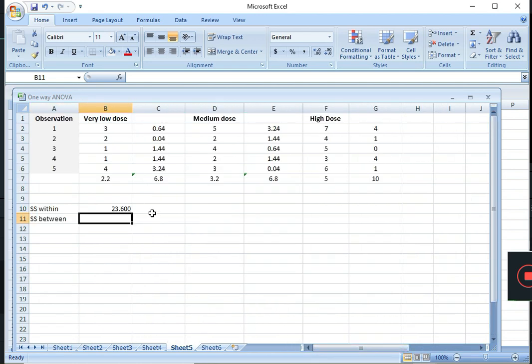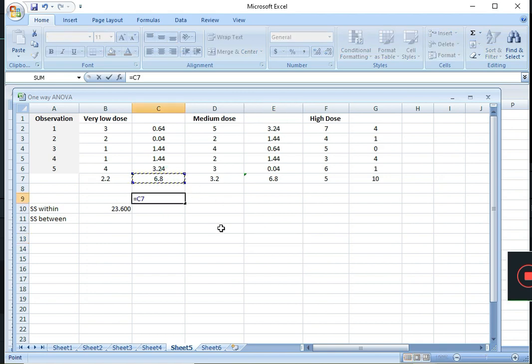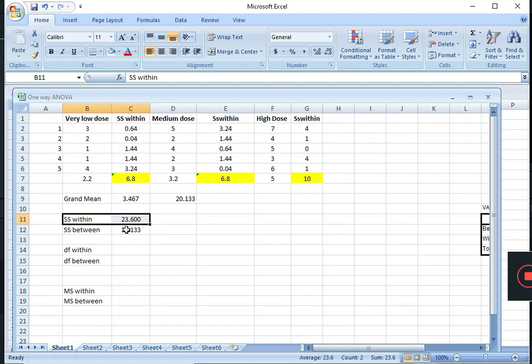So let us calculate the mean of this whole thing. We can simply calculate this by averaging the means of this. If we divide this by 3, the grand mean will come. This is the grand mean.